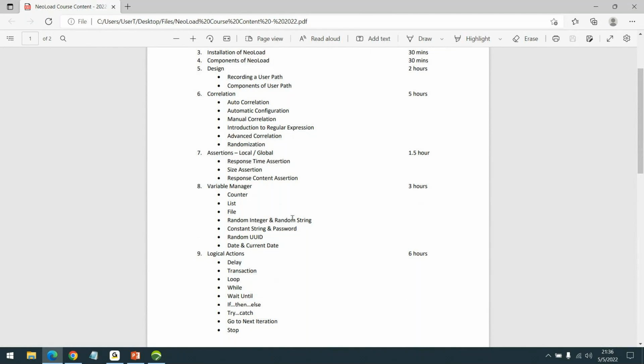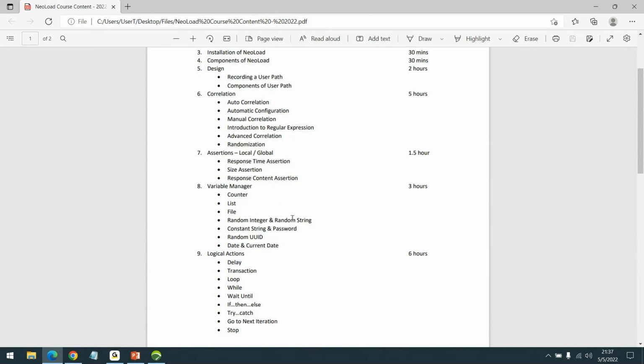There may be encryption, decryption, and more complexity. So how will we be able to record and script those applications? Demo applications we can understand and follow whatever you teach us, but when we try the actual applications, it comes with more challenges, like how to do the recording.